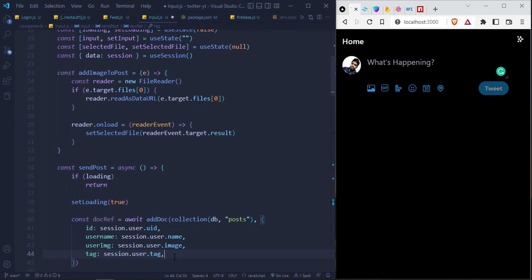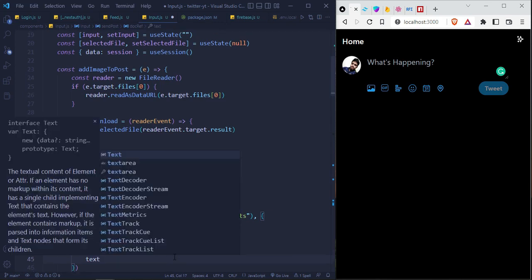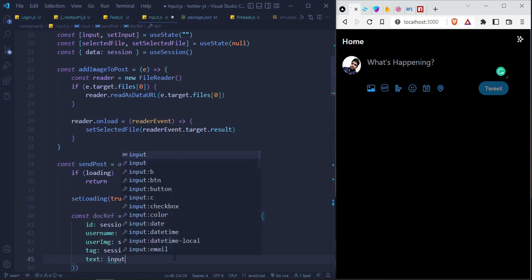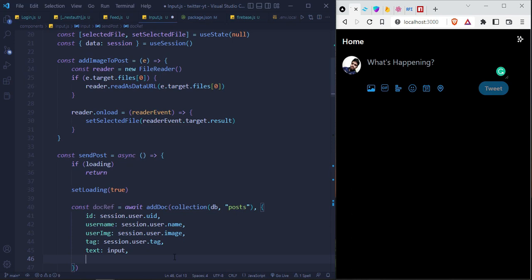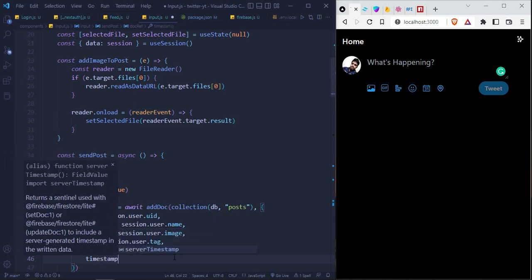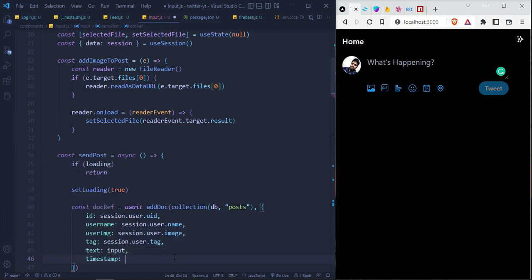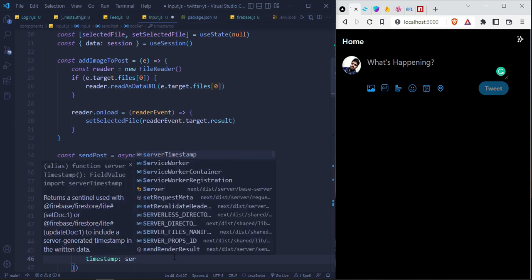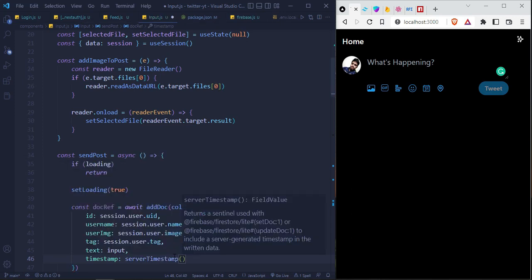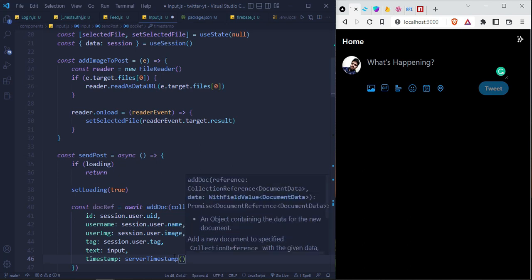Okay, then we will be having a text property, and this will be input, and then we will be having a timestamp, and this will be just serverTimestamp from Firebase. Invoke this function. Okay,